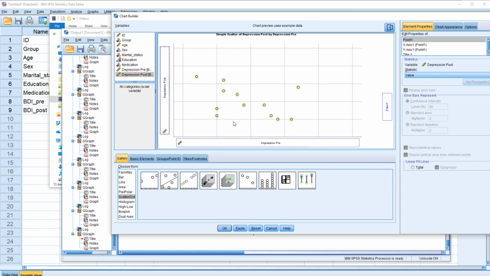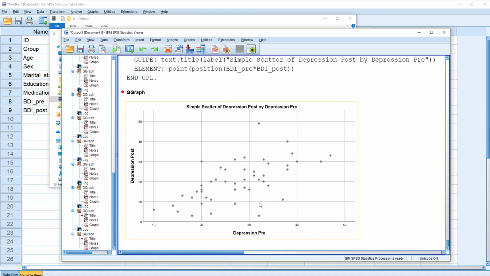And we'll do a lot more on scatter plots when we come to looking at correlation and regression. Click OK. And hopefully you're going to find that this is roughly the same pattern that we see in the paper. Now the very last thing that we'll have a look at, we're not going to go through putting the lines on this graph, we'll save that for the section on correlation and regression, but we will colour these dots by